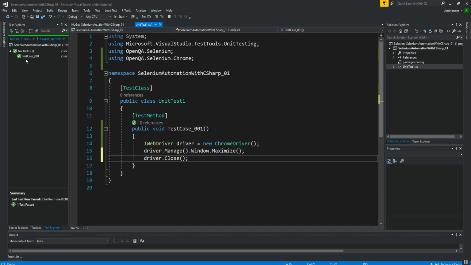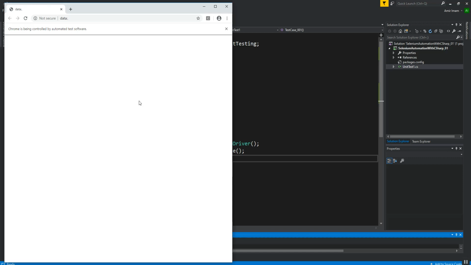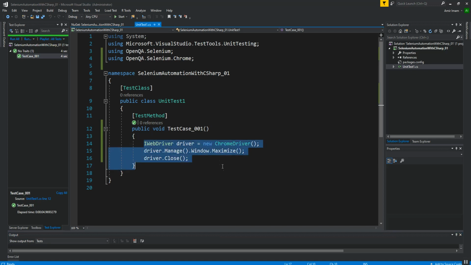I am again going to the test case, right-clicking it and running the test. So the test case is passed and all the steps we wrote in our test case were performed successfully. So that's when we are good to go with Selenium automation. This is the basic setup and it's very easy.